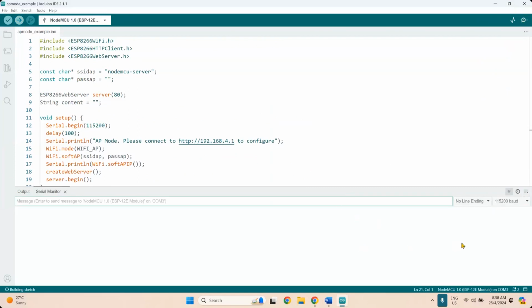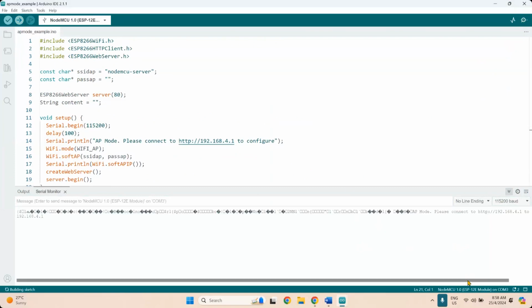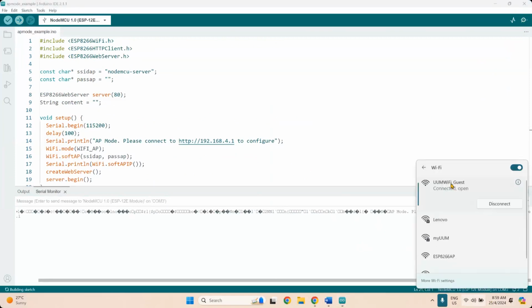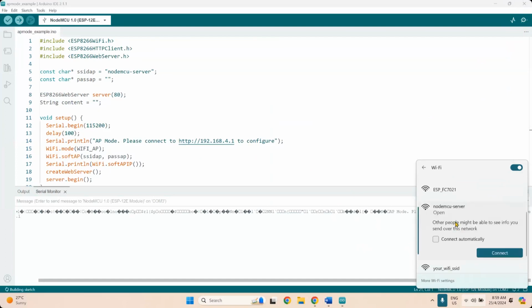Okay, so let's try to reset. Please connect to this. As we can see, we have our non-MCU server here. If you want to build, if you write this, please change to a different name. The one that I use here is non-MCU server, so if you use the same name, then it will be duplicated. So this is mine, so I can connect.